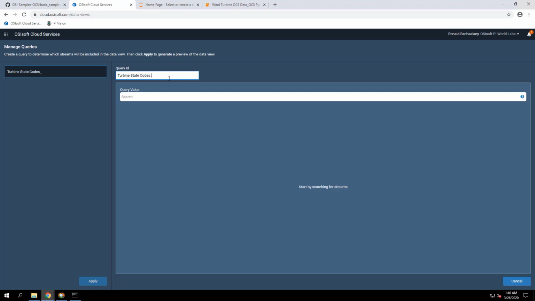If you want to save this data, it's not actually required to save the data view, but if you prefer to save it, make sure you include your initials just to keep it unique, and the current date, today's date, and make sure you use this format: 4-digit year, then the month, and then the day.